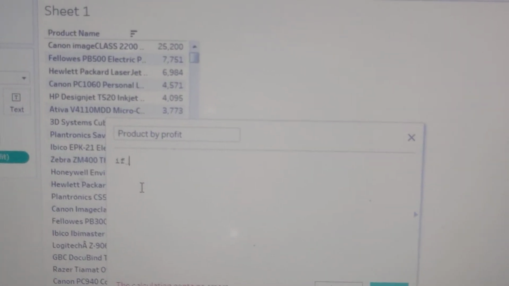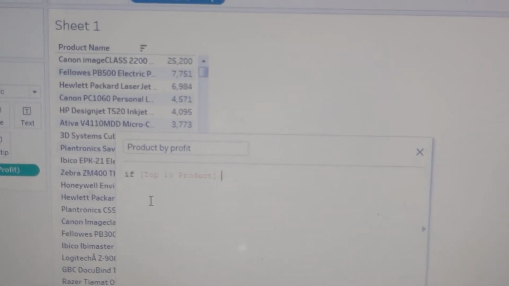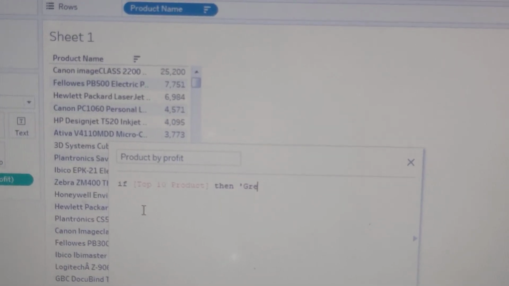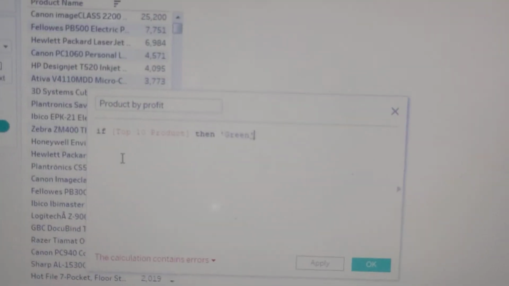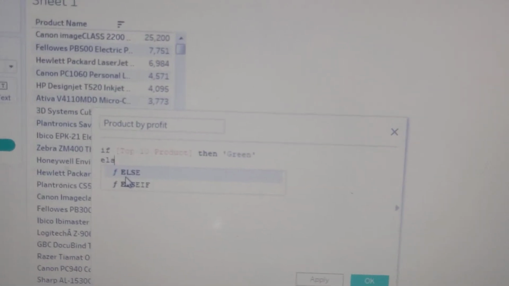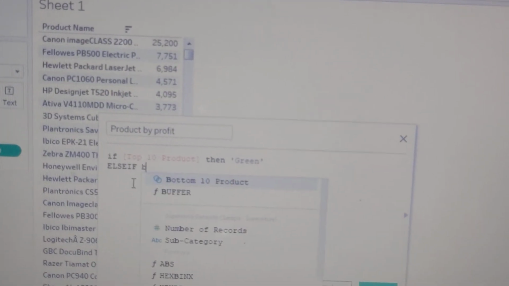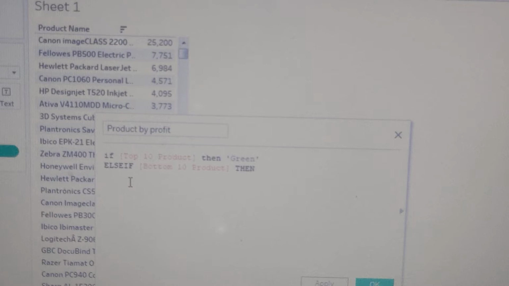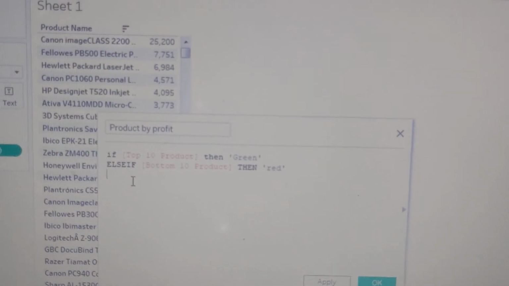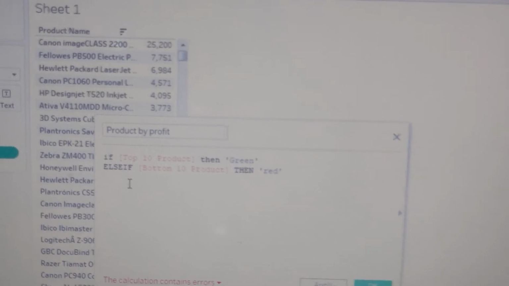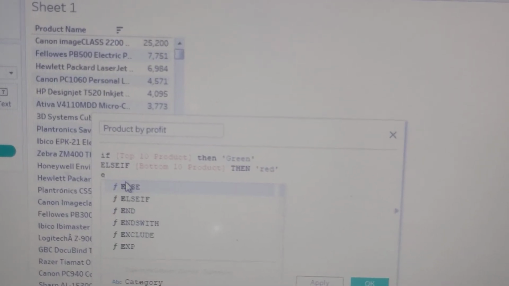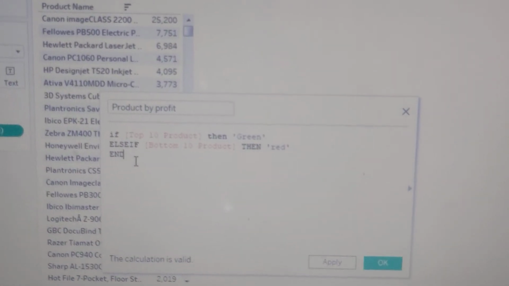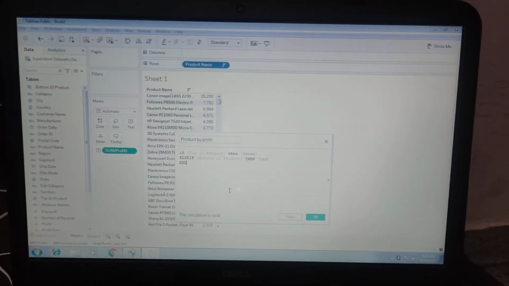If top 10 product, then single quote green, else if bottom 10 product, then red. You can just give else null or just end here. So this is the calculated field which we have created. So just click on OK